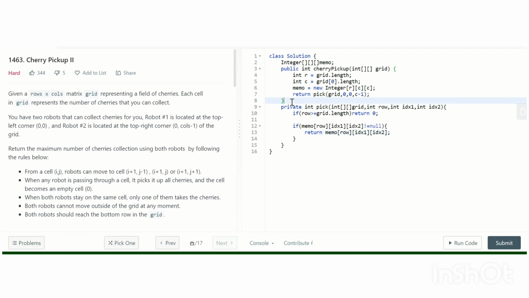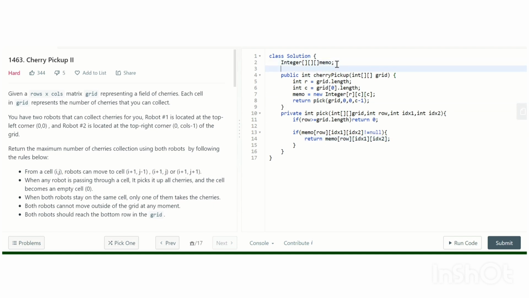Okay, and let's make an array direction here. First is 1 comma minus 1, second is 1 comma 0, and third is 1 comma 1. Okay, if that is not the case, then let's take a variable res equal to 0.